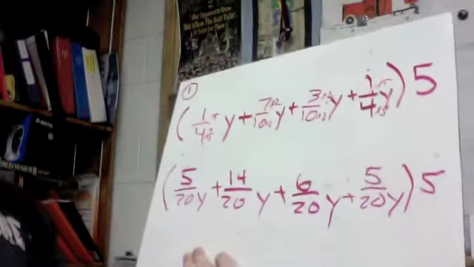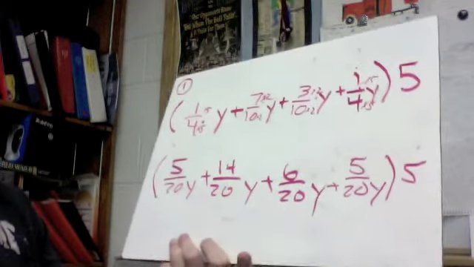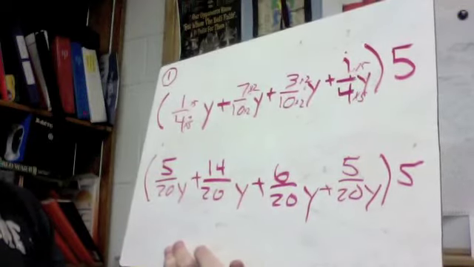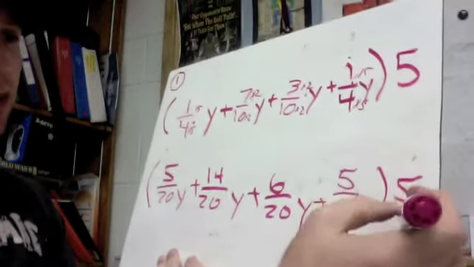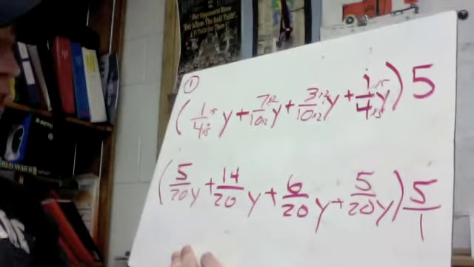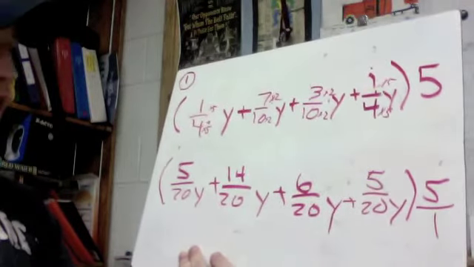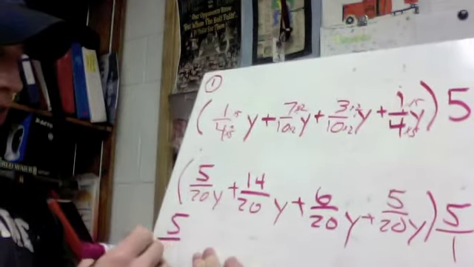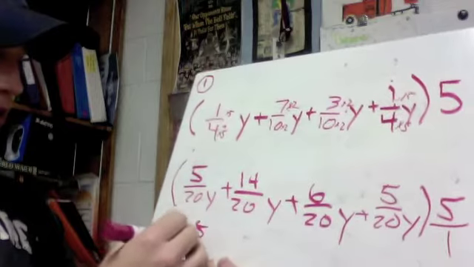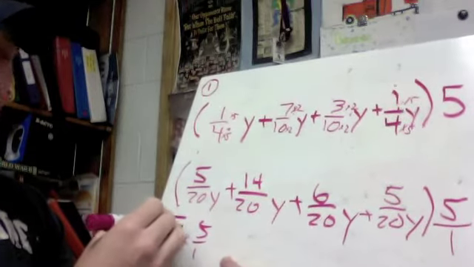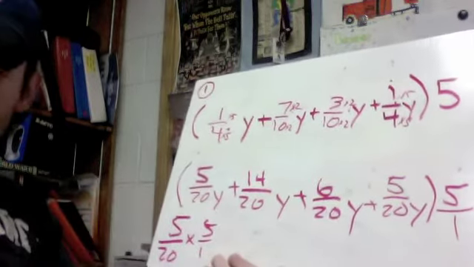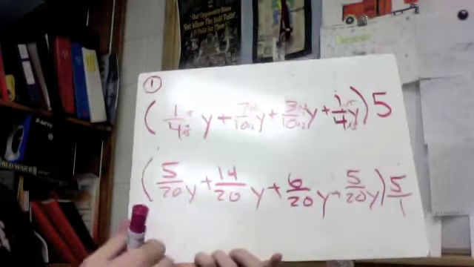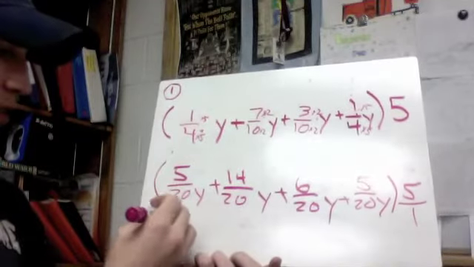Everything in here is going to be multiplied by 5, and 5 is the same thing as 5/1. So basically when I'm multiplying this together, I'll put this down here just to show you, if I do 5/20 times 5/1, I'm still going to have 20 on the bottom, I'm going to have 25 on the top. So I'm just going to rewrite all these as if I was multiplying by 5. So if I did 5/20 times 5/1, that's just going to be